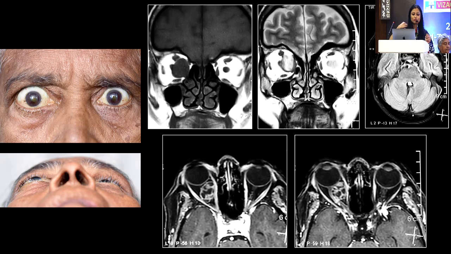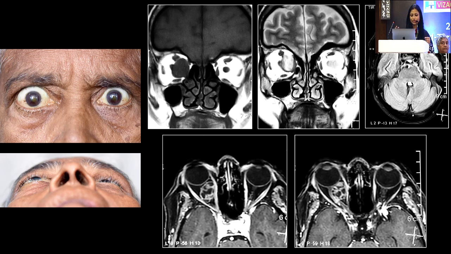Now let's come to this patient who was a 60-year-old lady. She had complaints of right eye proptosis for the past 3 months. She had movement limitation and slight decrease in vision in the right eye. So these are all the various sequences and the MRI images of this patient, and it gives us a lot of different types of